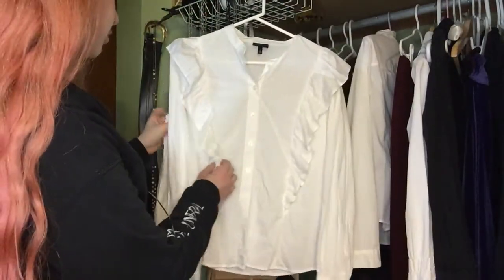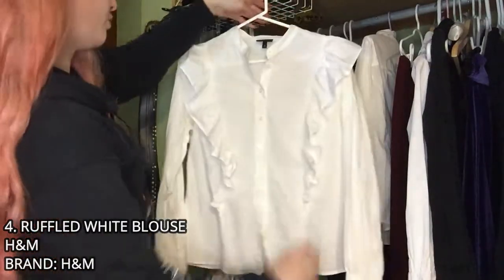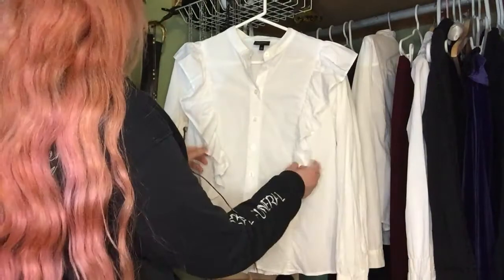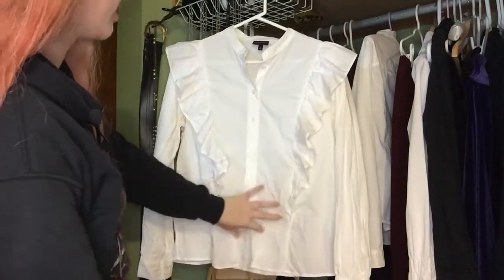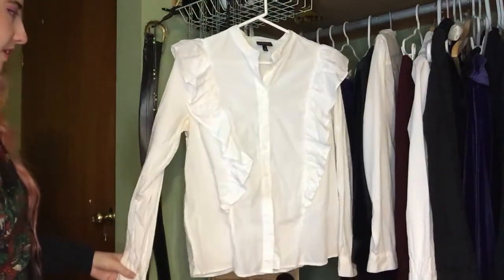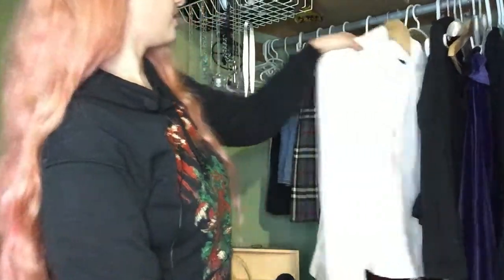So I also have these. Oh my god, I have yet to iron this, unfortunately, but yeah, it's a ruffled shirt, as you can see. I think it's from Forever 21 or something like that. No, it's from H&M, and I did buy this new from the store several years ago. It's such a cute thing to layer with certain skirts because these ruffles here really stand out, and it looks especially nice with one of the skirts that I will show you in a little while. But the ruffles really stand out, and for the same reason it's also harder to maintain. So this is